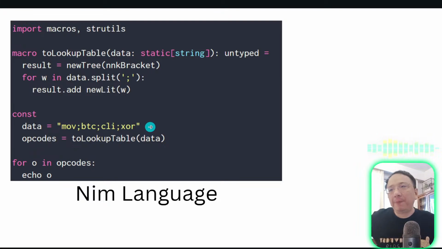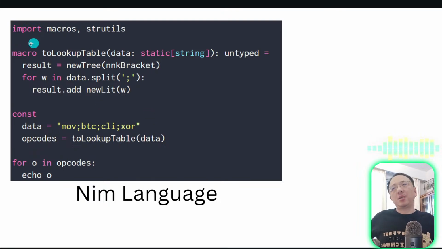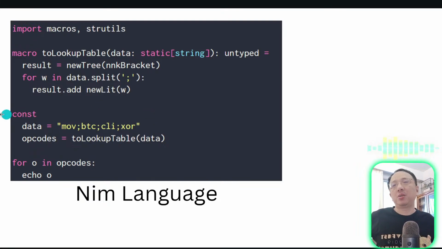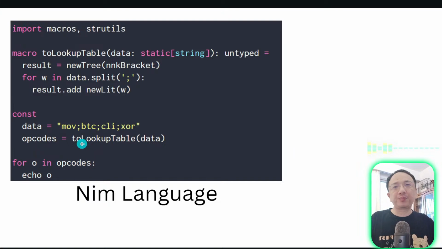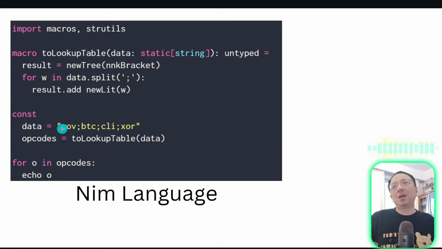Okay, so also you can see that there is a const. Because it is a compiling language, it makes a distinction between constants and other things to improve the performance. And also one of the great features that